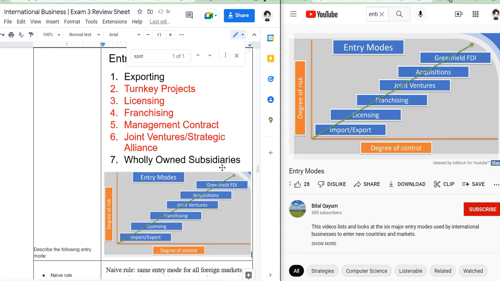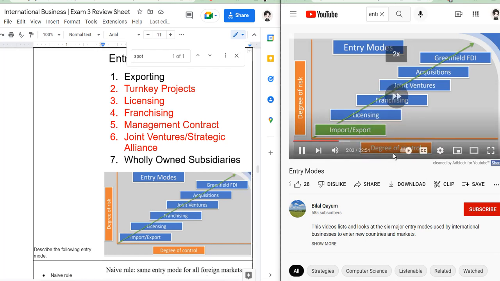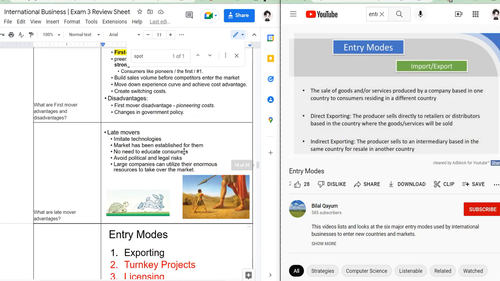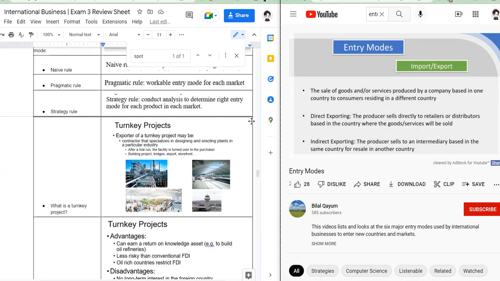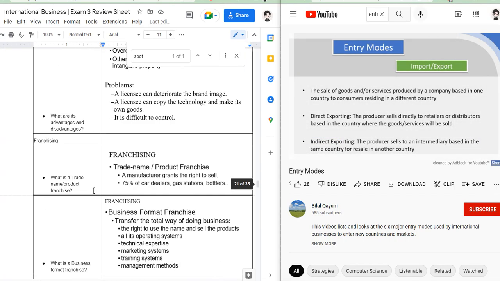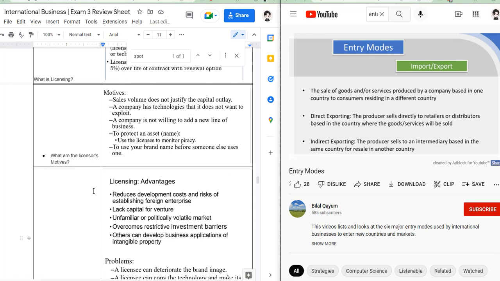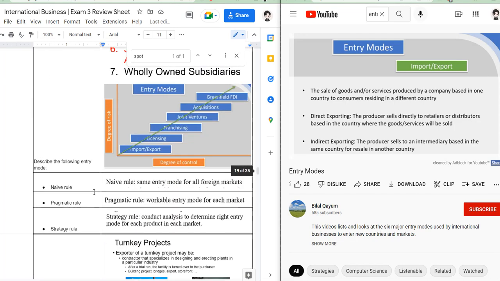Looking at our first entry mode along this table, which is importing and exporting, we're just going to take a bit of a closer look at this. Importing and exporting, we're going to be focusing on exporting. Entering a new market through exporting is simply taking your goods or services produced in presumably a different country and selling them to consumers residing in the new country that you're entering. So we need to distinguish between direct and indirect exporting. So direct exporting